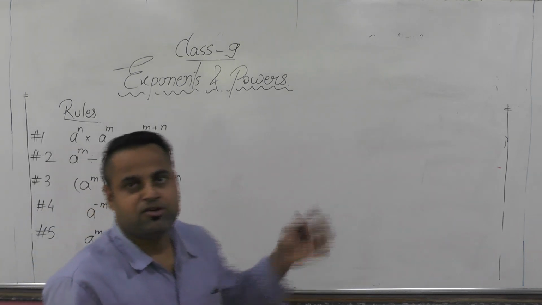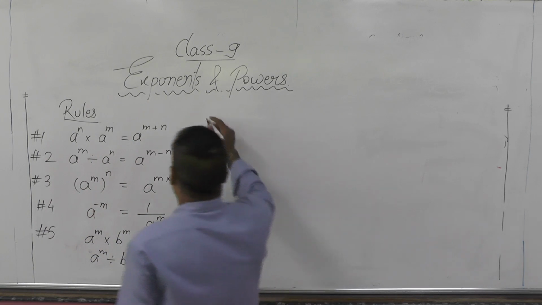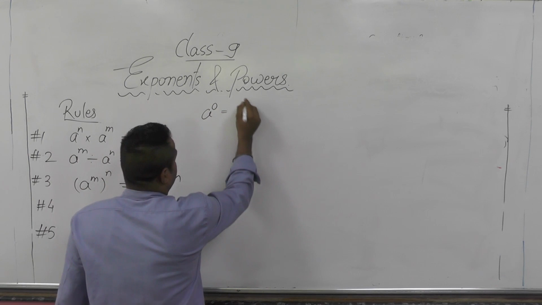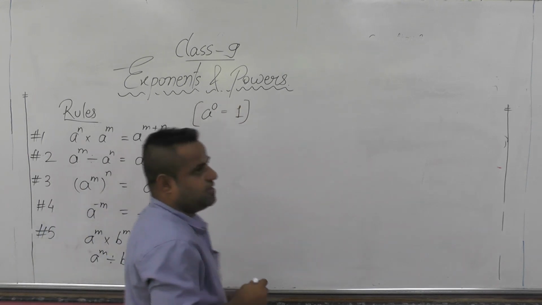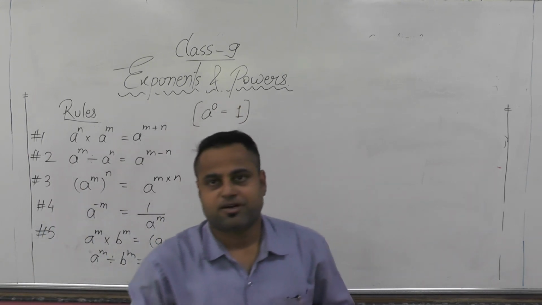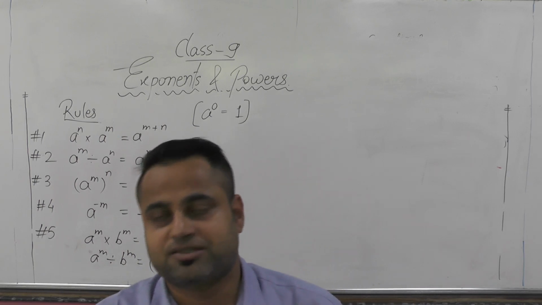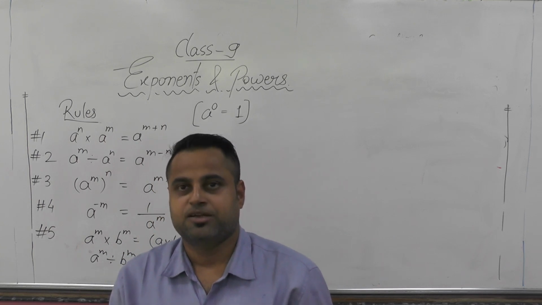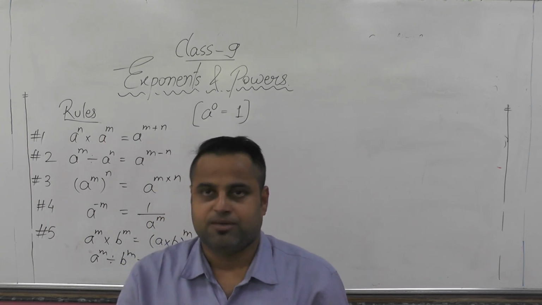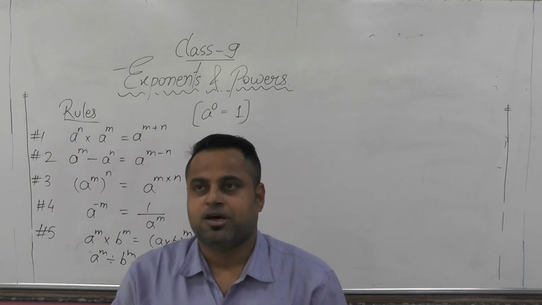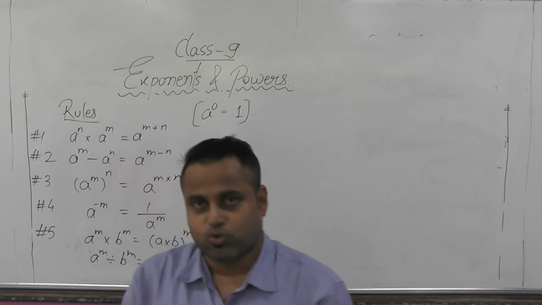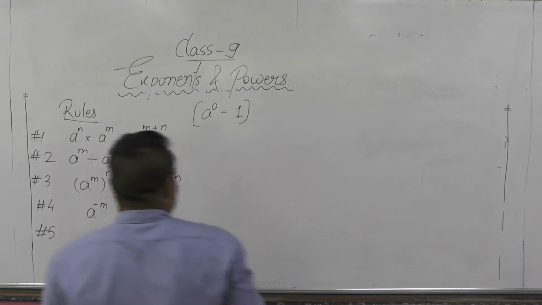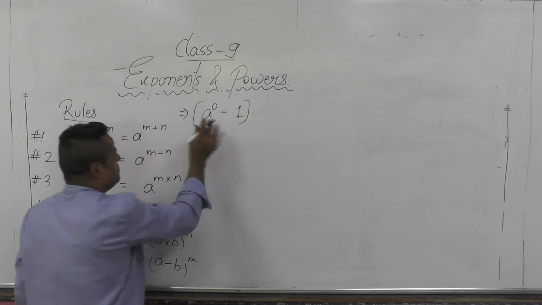Besides that, you need to remember a few things, like any variable having 0 power we can write as 1. There is no such big reason behind that, but 0 power means the variable or the number does not exist. In the case it does not exist, in place of that 1 will occur, because where there is nothing, there is 1. And 1 is the identity in mathematics, so it is a very important thing to remember.